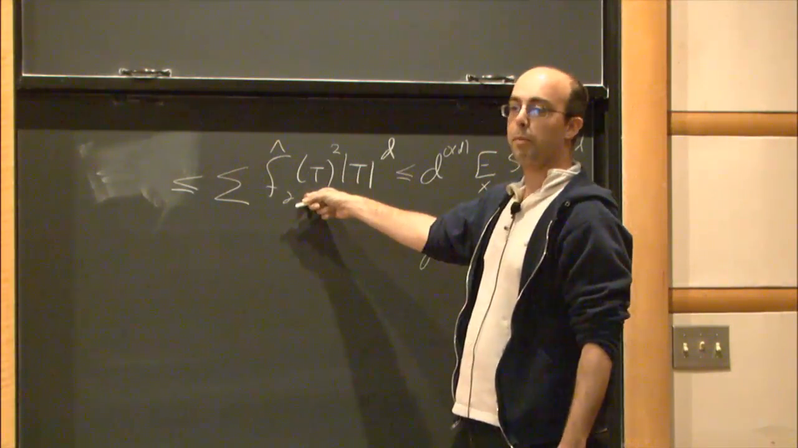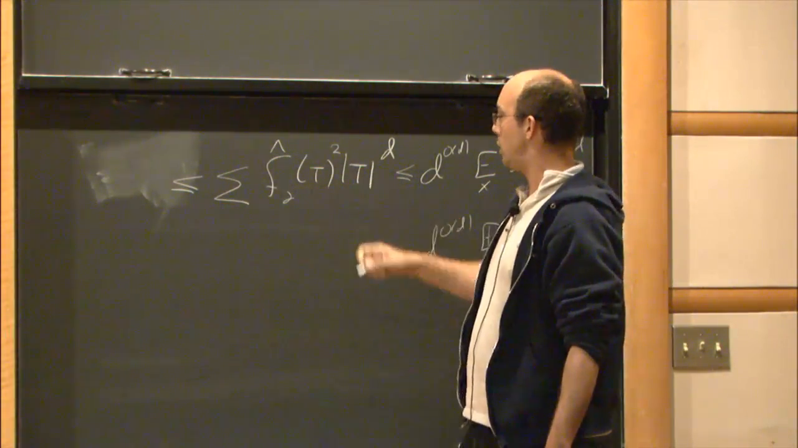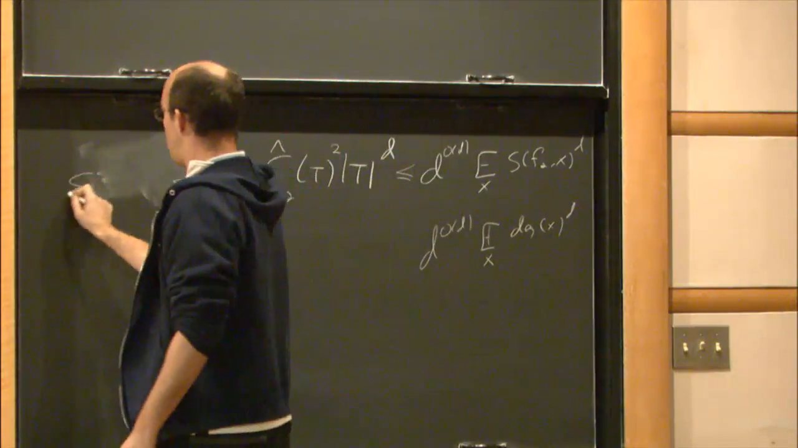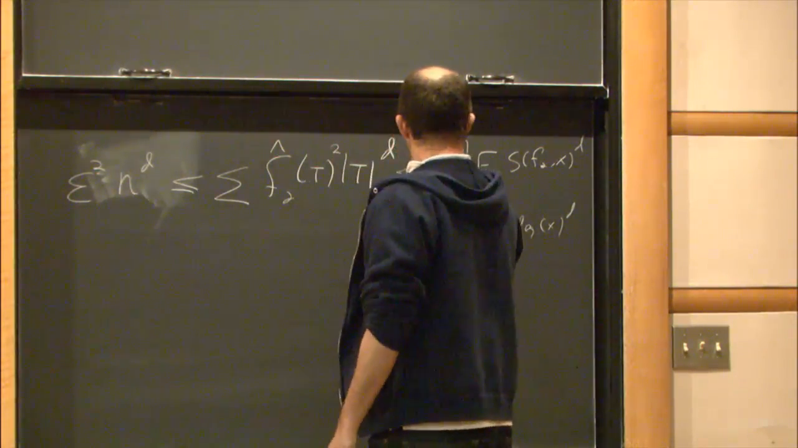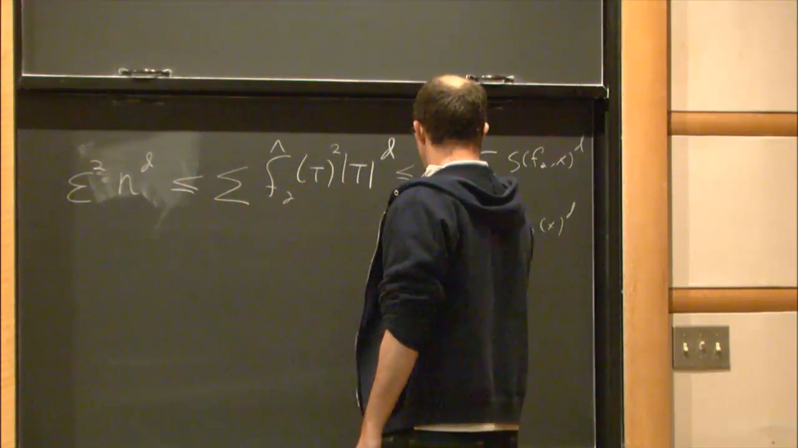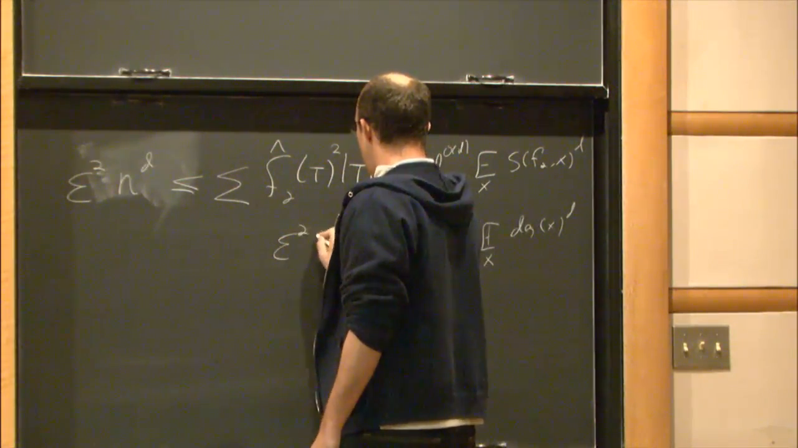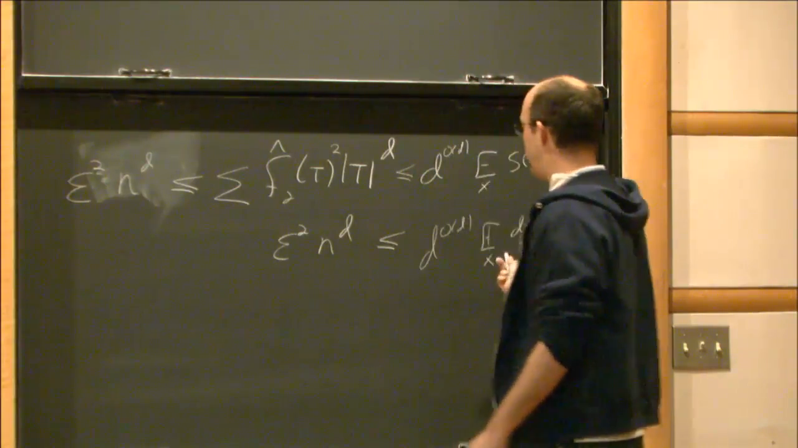This is going to be something like epsilon squared, that's going to be n to the d. So this is going to be epsilon squared n to the d. So we get the same thing here. The typical degree is epsilon squared n to the d, and then you just sort of